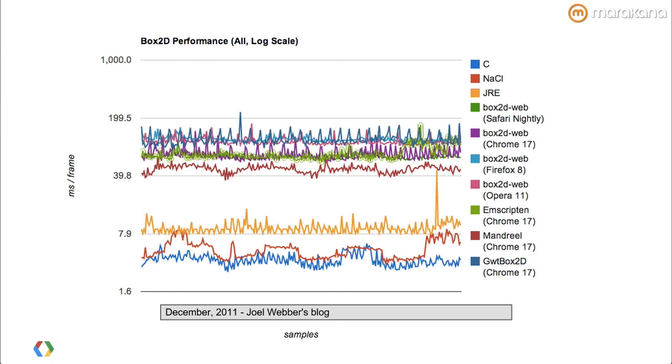It's comparing the performance of a 2D physics engine across all these different language runtimes. Down on the bottom is C. It's about 5 to 10 milliseconds per frame update. Up here, 20 times slower, that's the web. We have to collapse that gap and close it and bring it down. I mean, look at Java. Java is only about twice as slow as C, but we're 20 times as slow. We've got a lot of room to get faster.